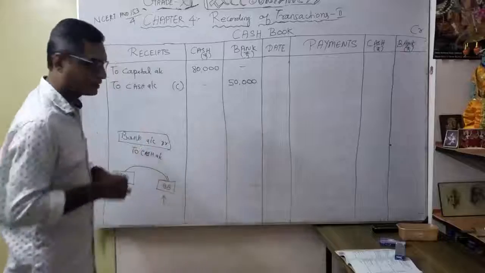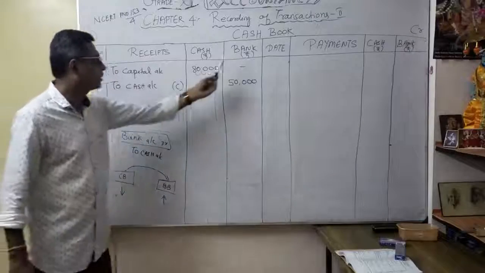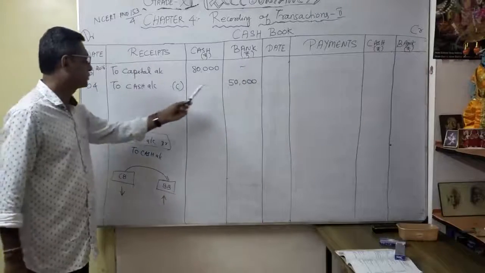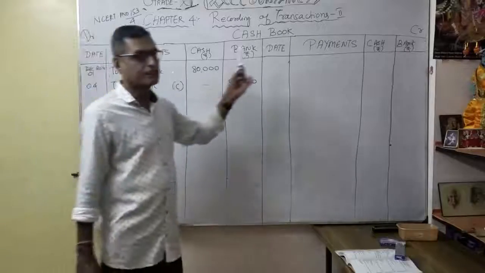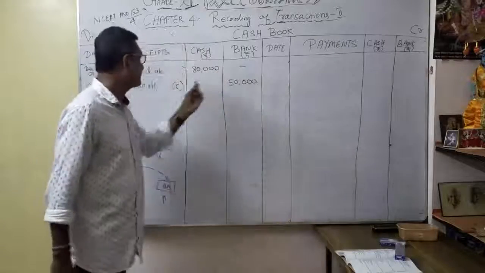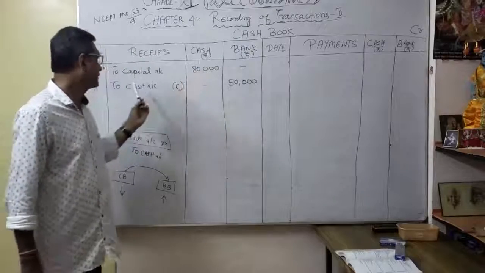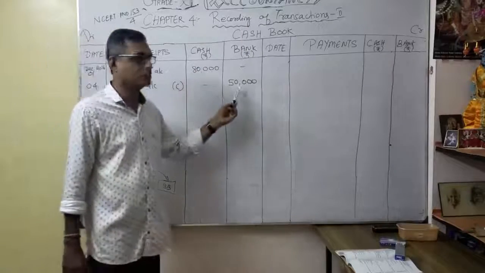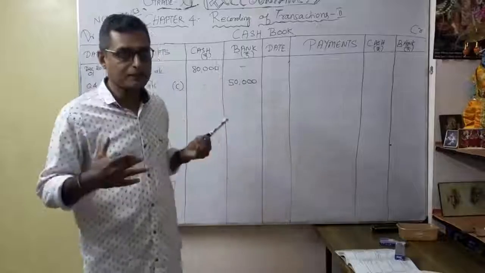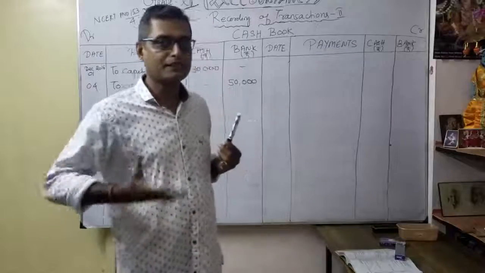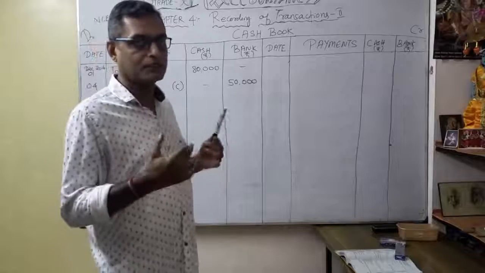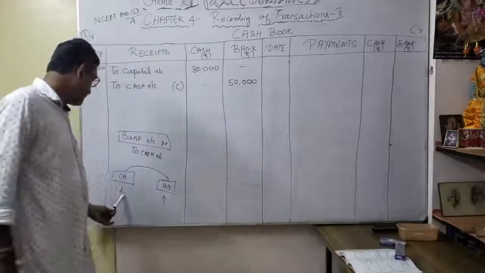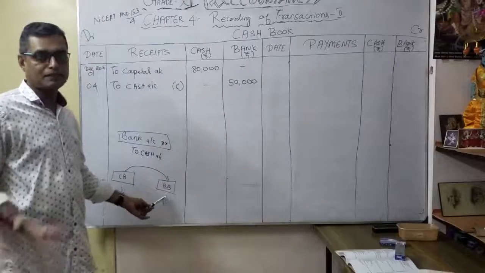So I will explain once again. Bank account debit to cash account 50,000. So why is it contra entry? Again going to enter here. In a bank you entered cash, the opposite. See, to cash, but I am entering bank account. Similarly, my cash balance reduced because I take the cash from my cash book and go to deposit in a bank. Automatically my cash reduced here. My bank balance increased. Okay.